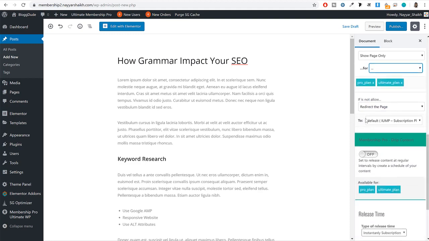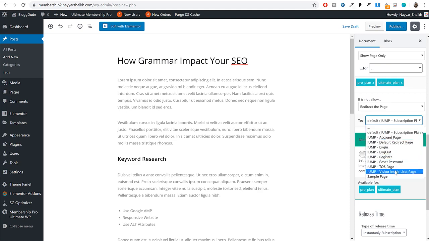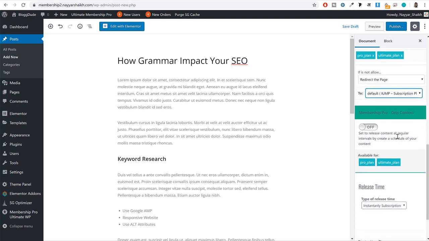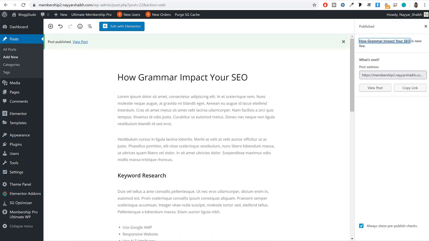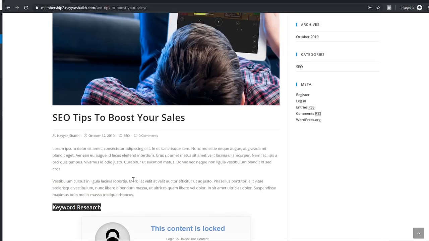And for someone else, I want to redirect them to this page. Where has that gone? Subscription plan page. Here it is, the top one, the default one, subscription plan page. So if you want, you can set this option as well. If you just publish this page, now if you open this in a new incognito